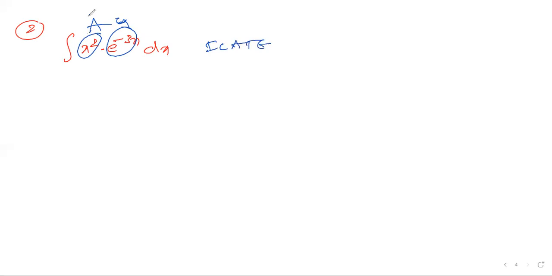Clear, sir. Okay, let's go to the second question now. Just simple: x square into e power minus 3x dx. For this question, it looks like the sample. There are 2 functions, algebraic and exponential. So according to the rule, you can go for the UV model. Algebraic is first preference, exponential is second preference. So take u is equal to x square, so du is equal to 2x dx.